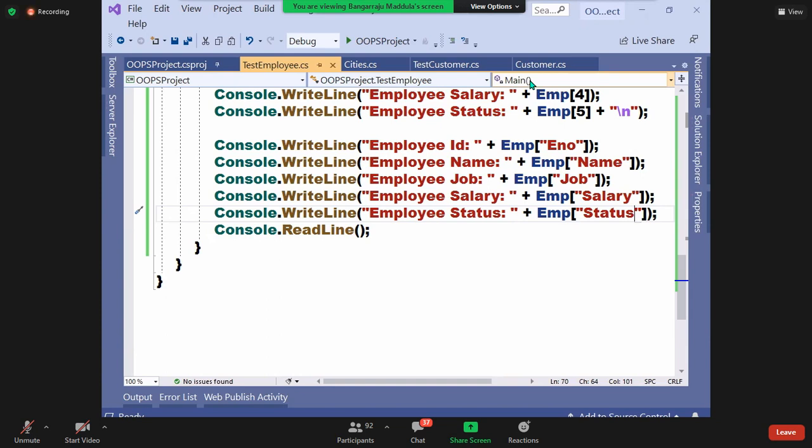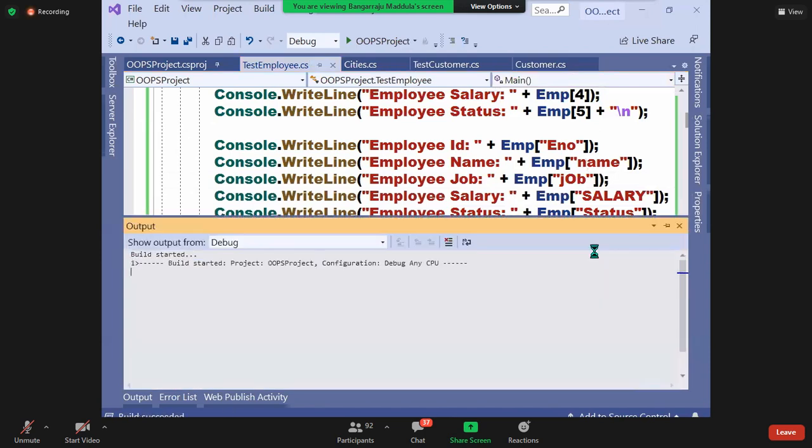The problem is case sensitiveness. Tomorrow, if I give name like this, or salary like this, or write it some other way, I did not follow the cases, so I won't get the values.